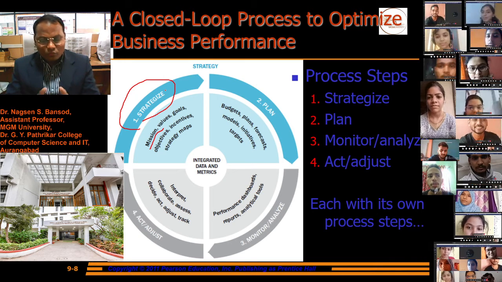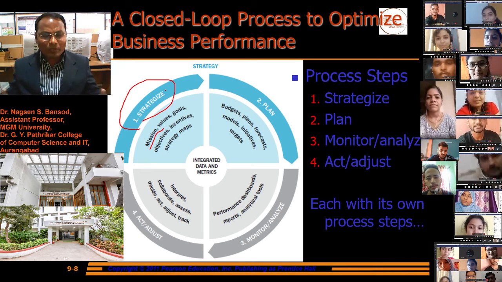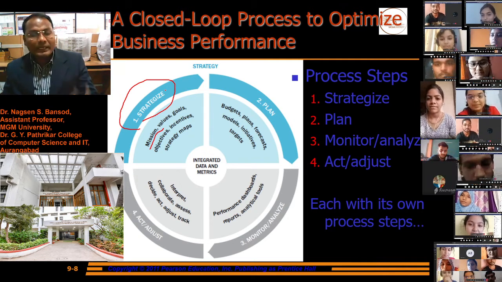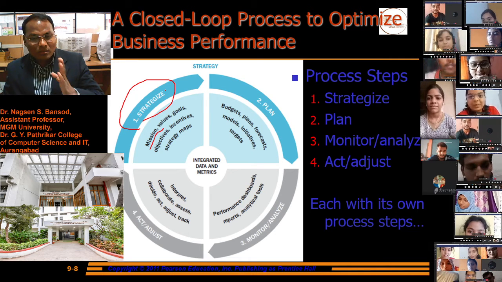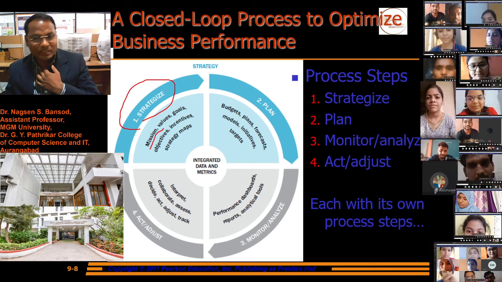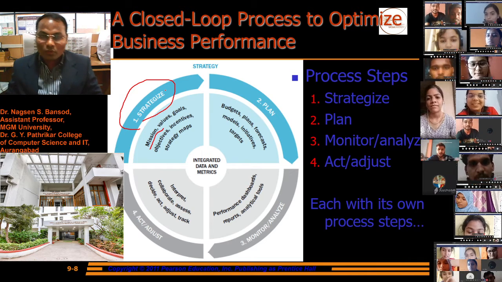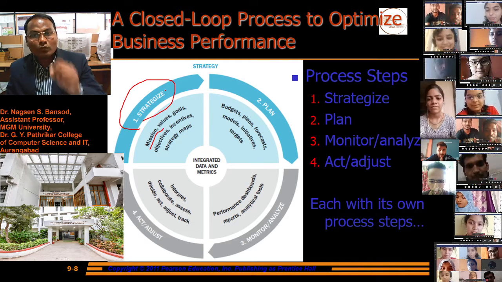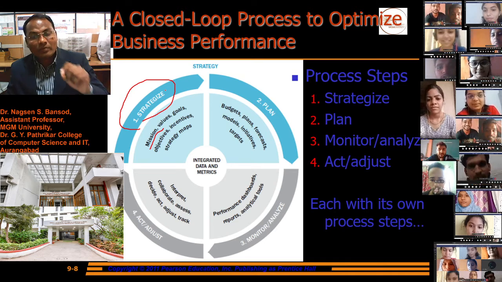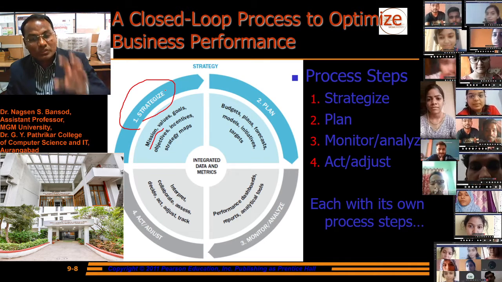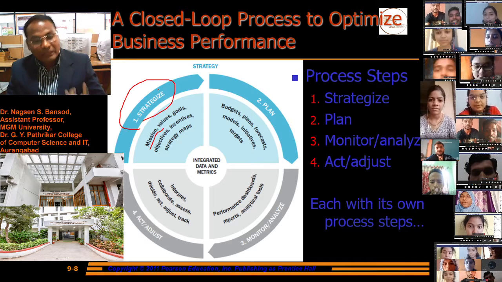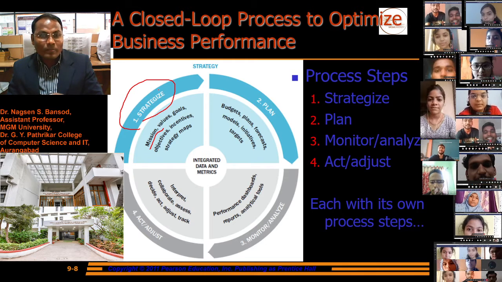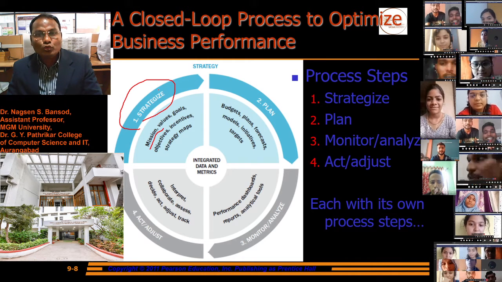In one month we will develop our area of development: product, machinery, software and all. In the next month we will develop the marketing areas and add our products. In the next month we will increase the quality of the product or the productivity of the business. Like this we have to make the plan. We will increase the manpower, increase the potential of the manpower, and train the manpower. All this we have to plan in the second step of this business closed loop process.